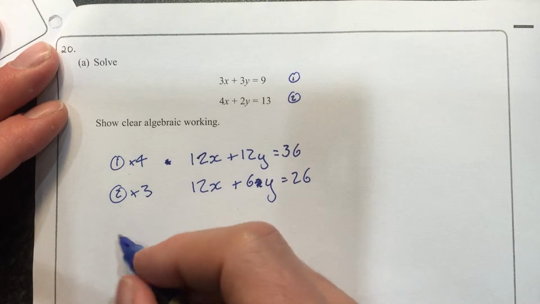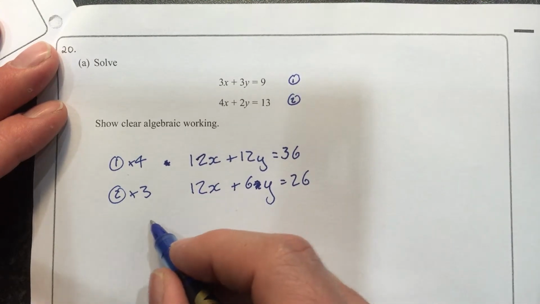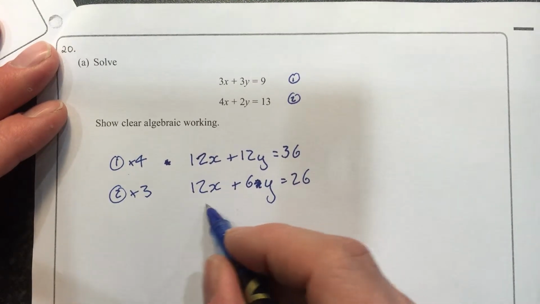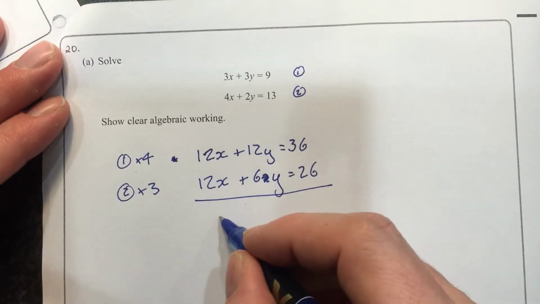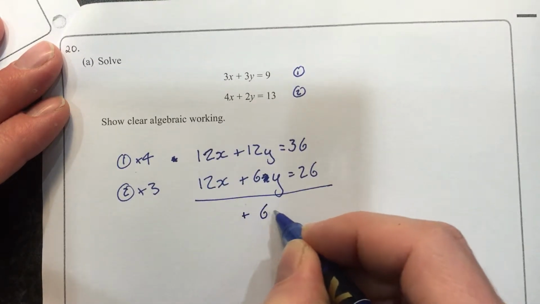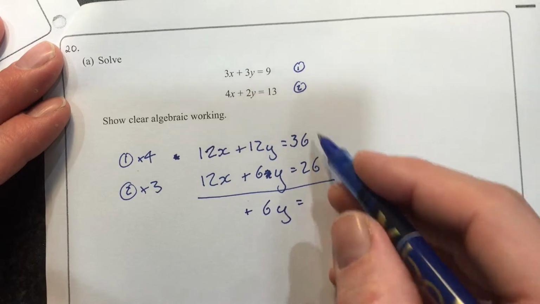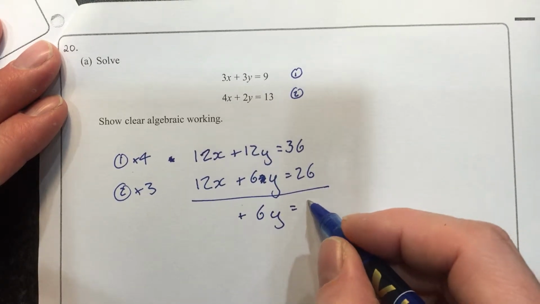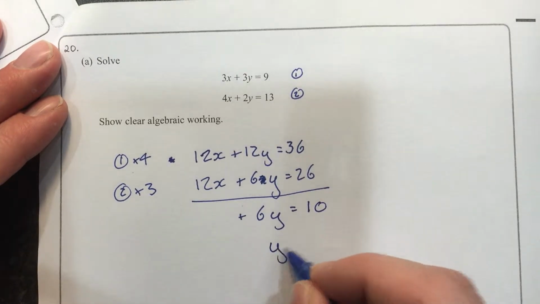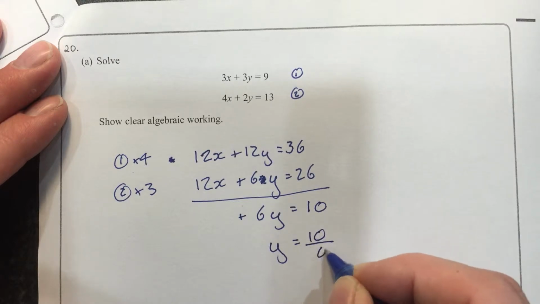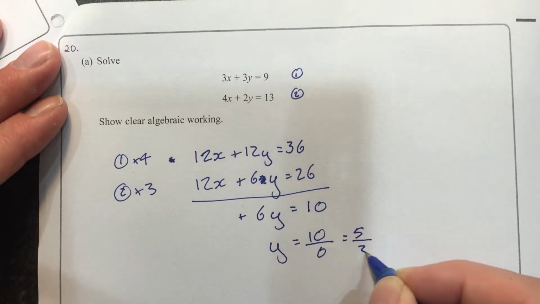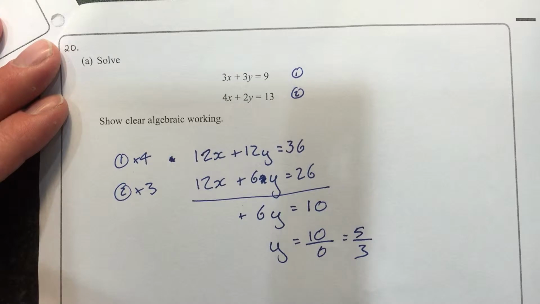So now I'm going to eliminate these by subtracting. So I'm going to subtract these equations. So I get no x's, I get 6y's, and I get 36 is 10. So I get y is 10 over 6, or 5 over 3. So